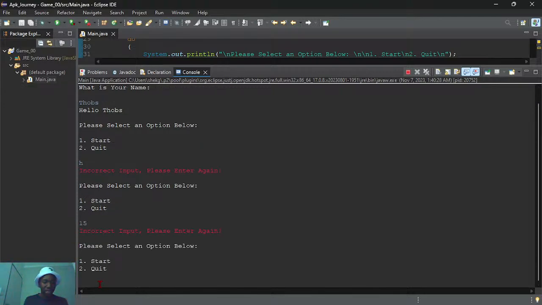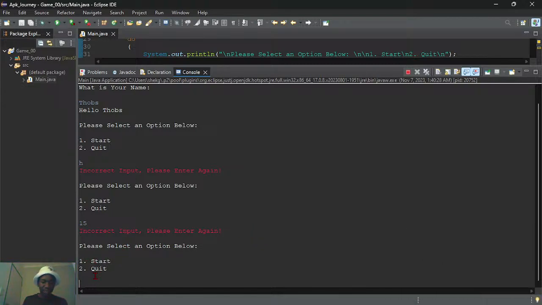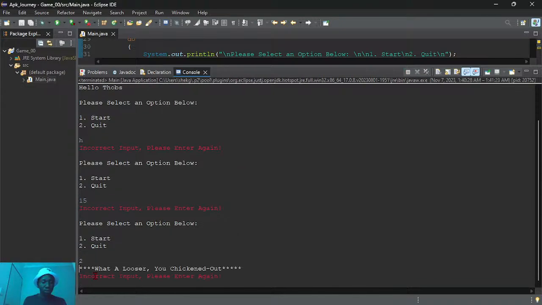So when we enter 2, this is supposed to show the message saying you've chickened out, basically specifying that you have quit the game. That's it, nothing special about it. So 2, and then it does that. What a loser, you chickened out, whatever.